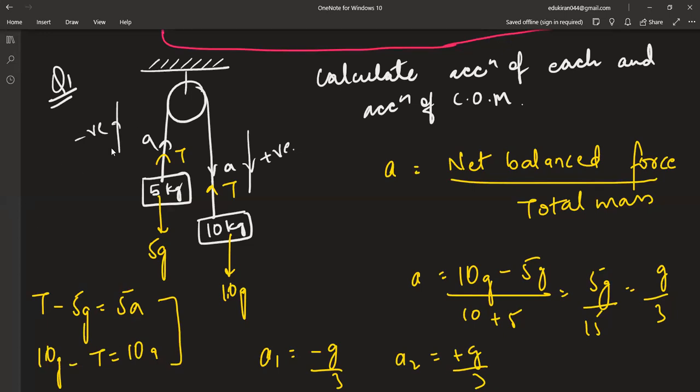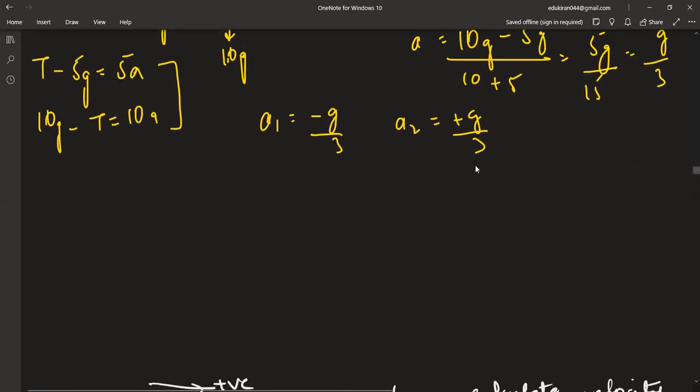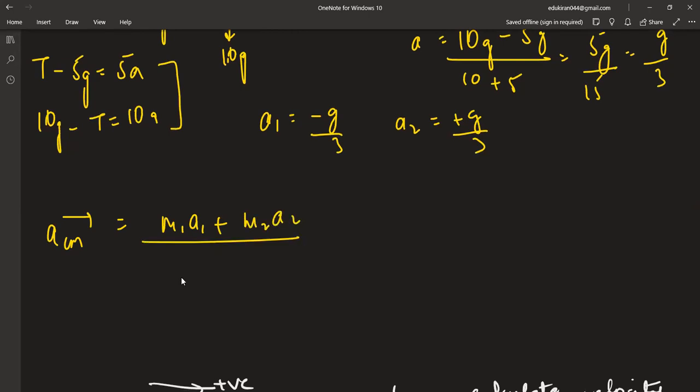In the question, it has told you to take one acceleration as negative, means to take this, so that you do not take it over here negative. That's why I marked it as positive for the time being, so that you don't get confused. Now you have both the accelerations, you have both the masses. So acceleration of center of mass will be